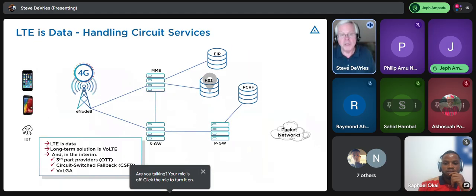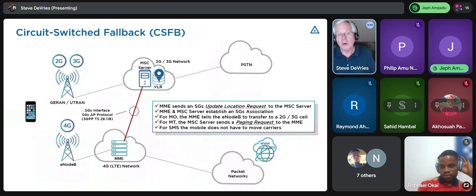One of the ways you do it is right here. That's exactly right. One of the ways, I went up a couple slides, is you make a connection back to your 2G, 3G. That's called circuit switched fallback. You fall back to the circuit switched world. When a call comes in for you, a message goes over here. This device commands the cell and it says, hey, tell that mobile to retune to a frequency up here.